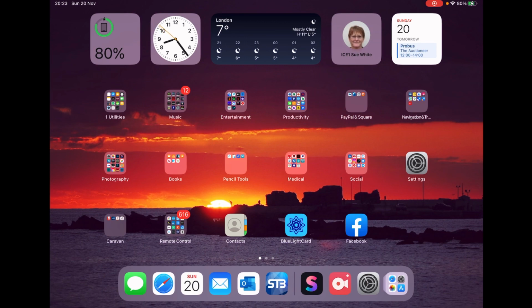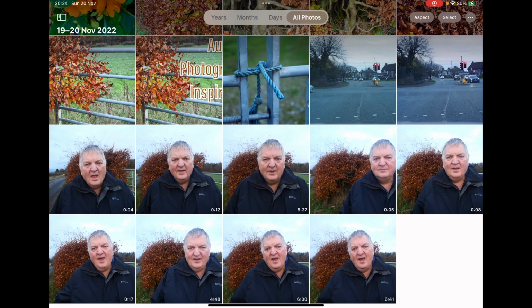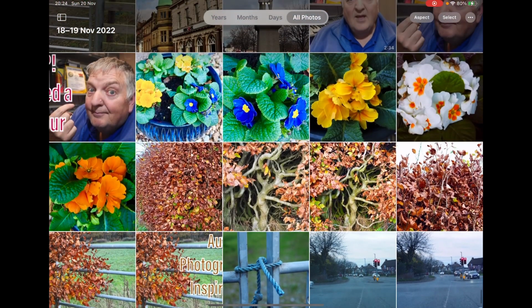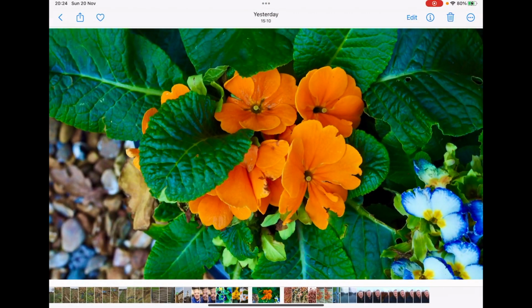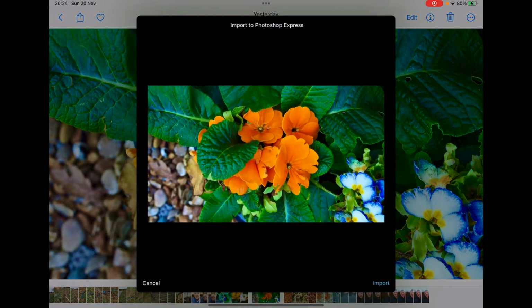And now what I tend to do is I will go to my photos. I tend to save my photos in an HD mode, a 1920 by 1080. And if I pick a photo to make a, because I'm going to make a thumbnail now, I've got that, and if I export this one to Photoshop Express,